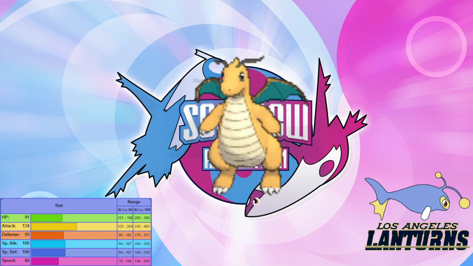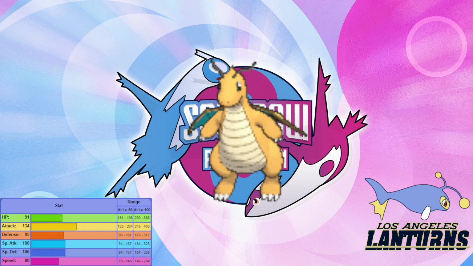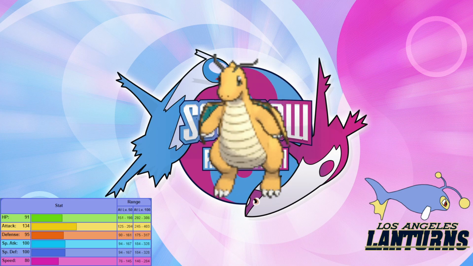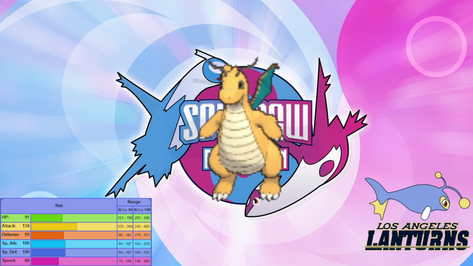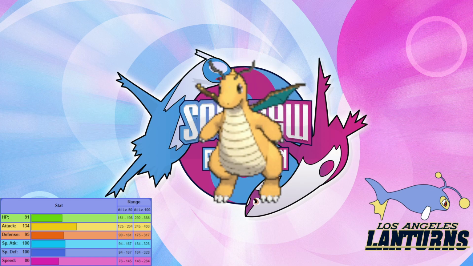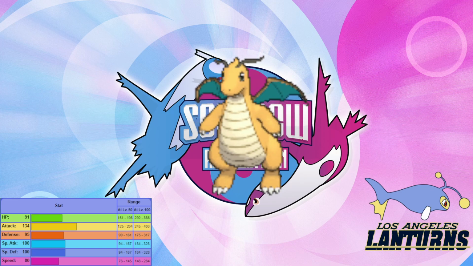Dragon Dance, this thing gets Fire Punch. Crazy. It gets Haze. Like I said, Roost, it gets Thunder Wave, so we could even bring it as a wall set. This thing gets Agility, which